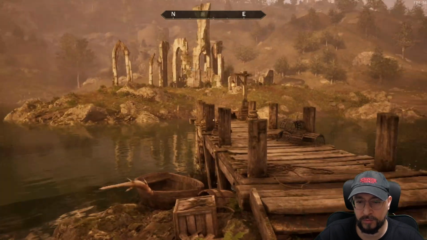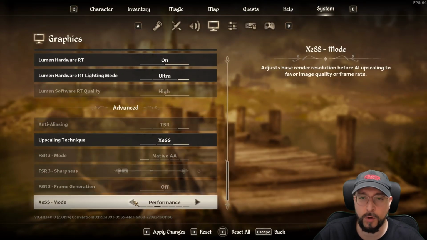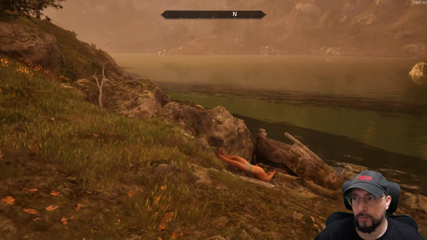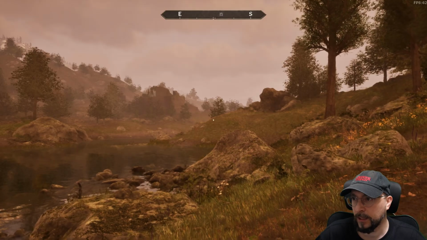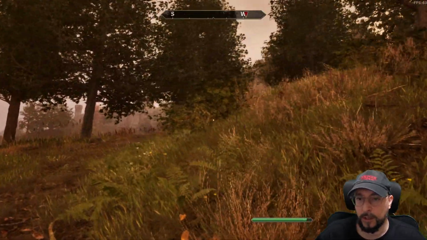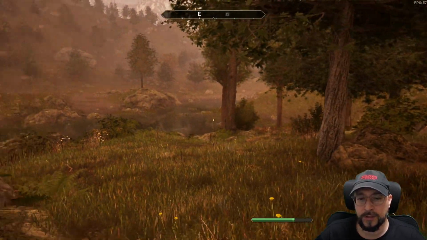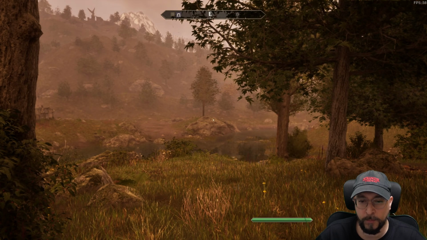We're gonna go to ultra performance here, and unfortunately, as you can see, there's no sharpness that we can use, and yeah, it looks even worse. And the performance gains are not that great. Like you can see, it's like 60-ish FPS, and it doesn't matter what we do after a specific number, it's always gonna look that bad. We're gonna go to